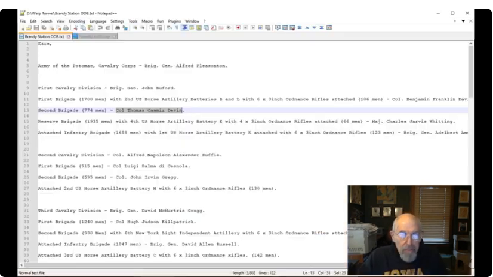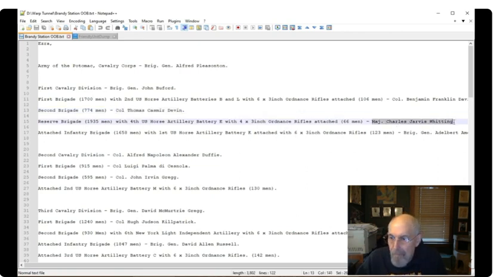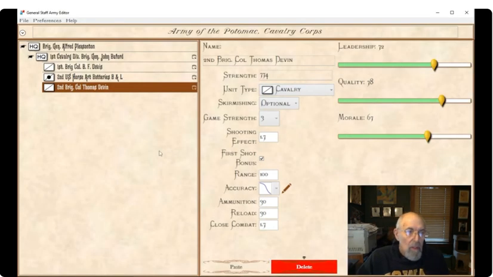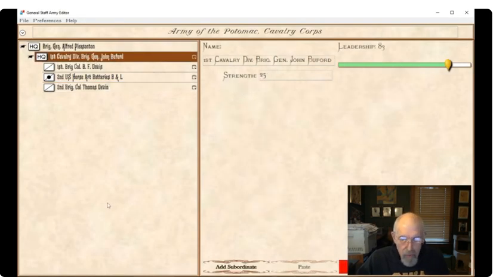What's next? We've got a reserve brigade with 4th U.S. Horse Artillery Battery E. Again, the same sort of 3-inch ordnance cannons. Reserve brigade. Come back to here, add another subordinate.